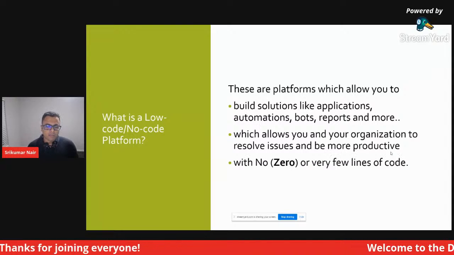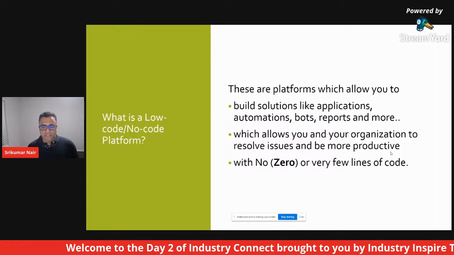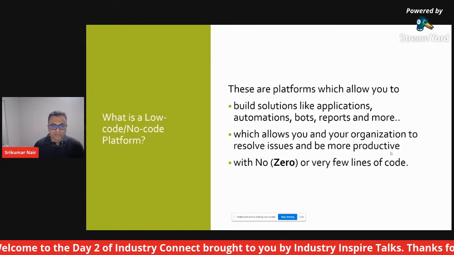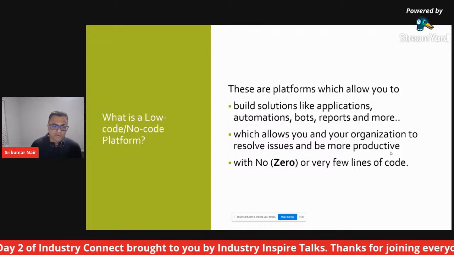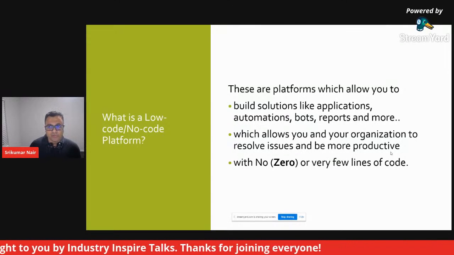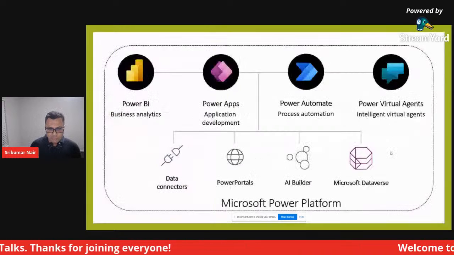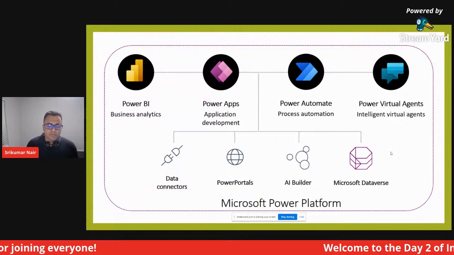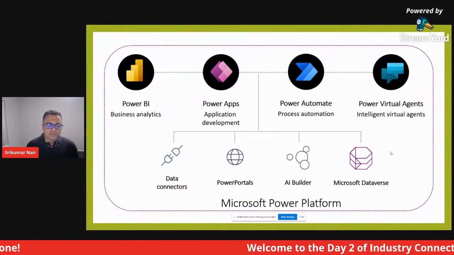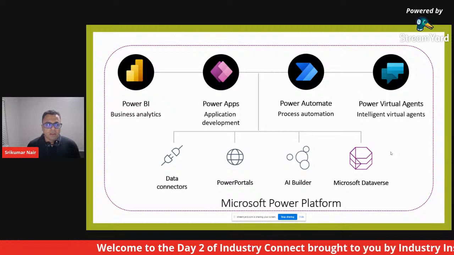The most important thing in all of this is that zero lines of code is what you need. And of course, you will be writing the next set of applications for the generations to come, so it's very important to understand how it's possible. By the end of the demos, we'll also see why low-code no-code is important. But let's go straight into the demos. Before that, we need to know what we are going to see today. We are going to cover Microsoft Power Platform.